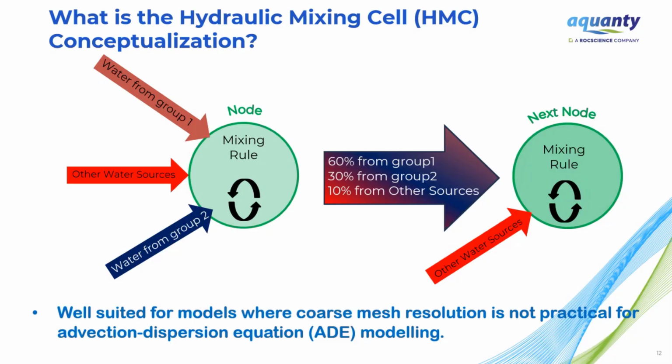Now, you might ask, how is this different or beneficial to traditional contaminant transport modeling, where you might use the advection dispersion equation? So this is advection only. And one of the advantages of that is that it's not subject to numerical dispersion. So it's very well suited for coarse mesh resolutions where numerical dispersion would be prohibitively large. So its application is well suited for cases where you've got a coarse mesh resolution, but you want to gain some information